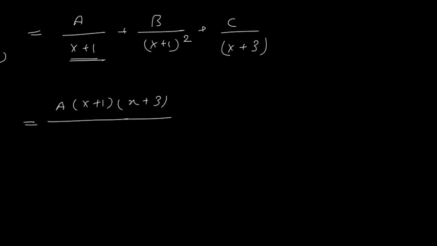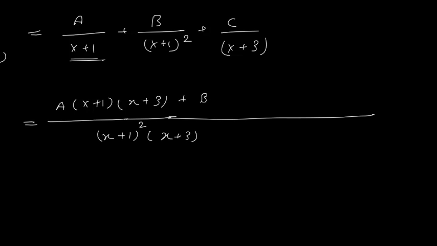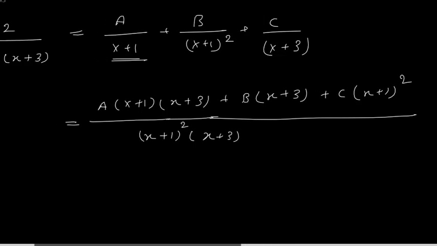Now I am going to write the denominator only once because all the 3 terms have the same denominator, which is x plus 1 the whole square into x plus 3. Now the second term plus B, already I have x plus 1 the whole square, so I only have to write x plus 3, and for C I am going to write x plus 1 the whole square. Here don't try to cross multiply, try to make the denominator the same. The method which you learned in your 5th or 6th standard is more suitable than the cross multiplication method in this problem.